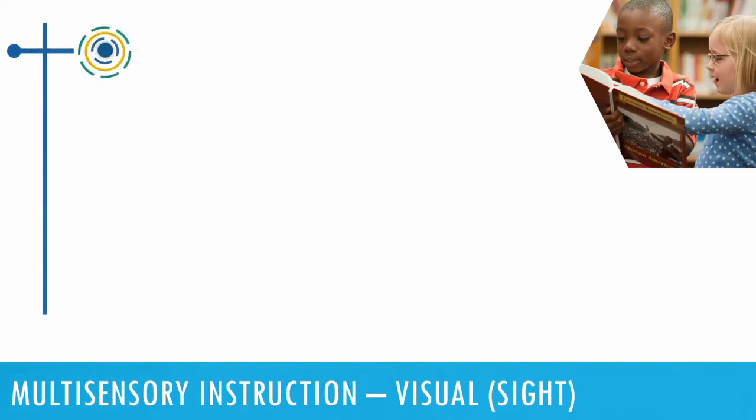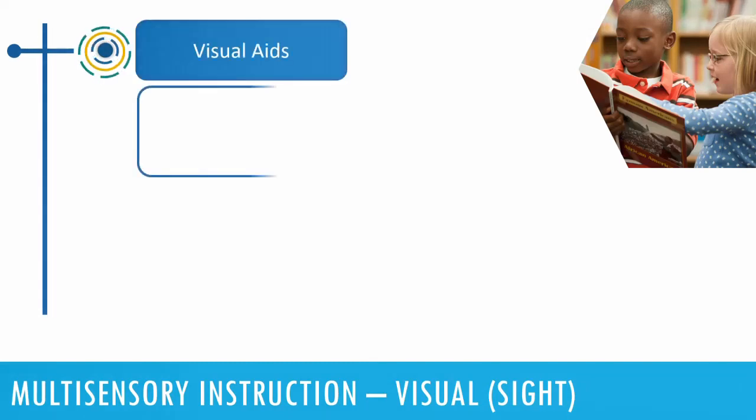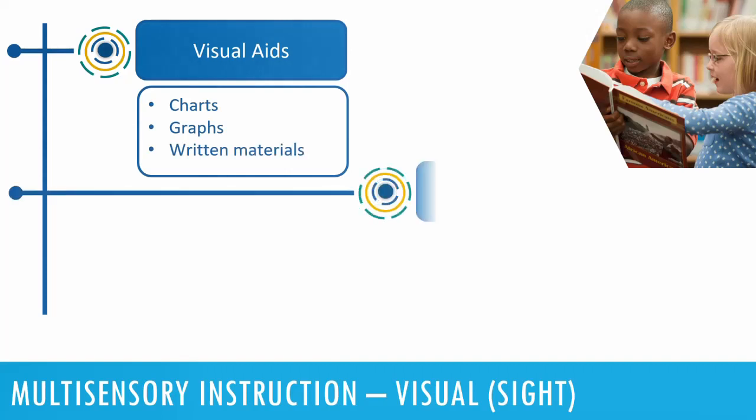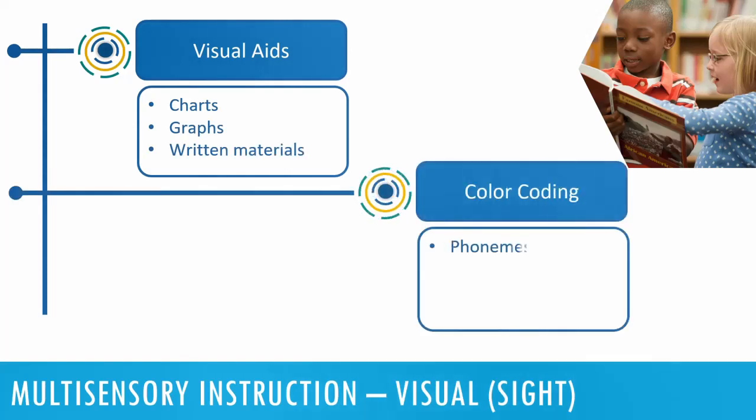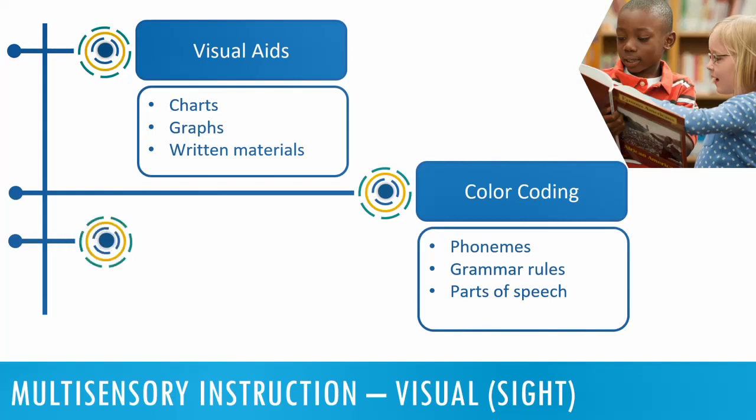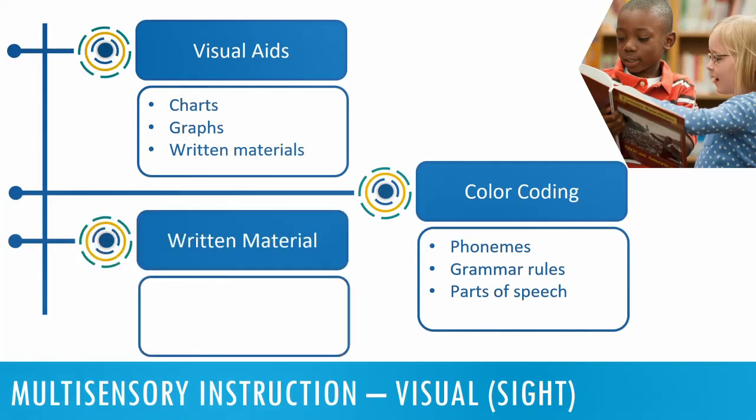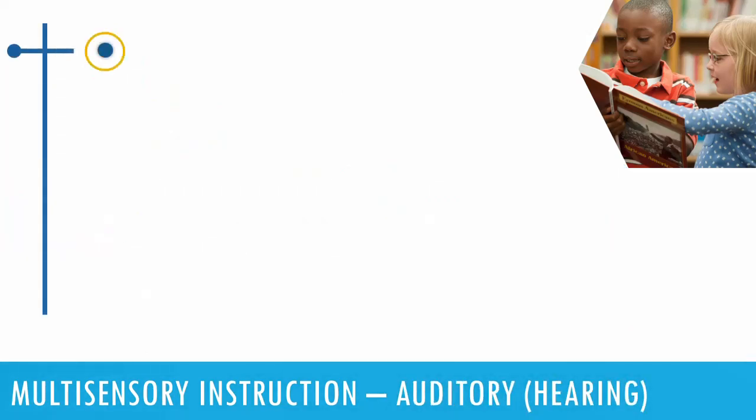Key elements of multisensory reading instruction include visual (sight): visual aids, use of charts, graphs, and images to support text; color coding, different colors to highlight phonemes, grammar rules, or parts of speech; written material, seeing words and sentences in print, often accompanied by visual representations of the concepts being taught. Auditory (hearing): phonemic awareness,